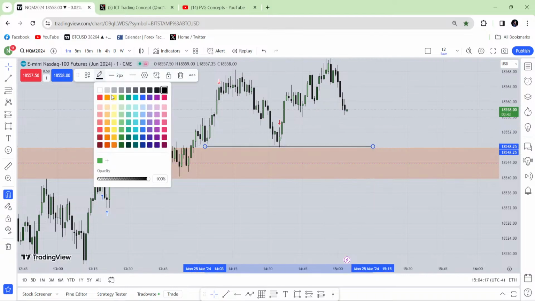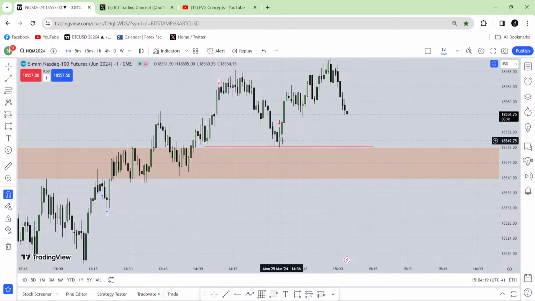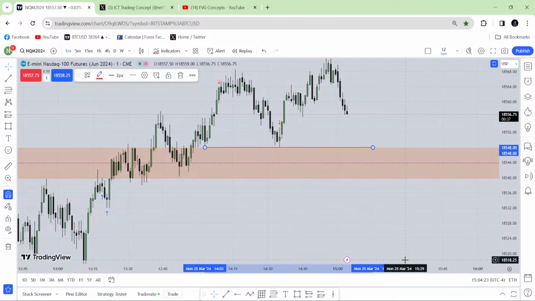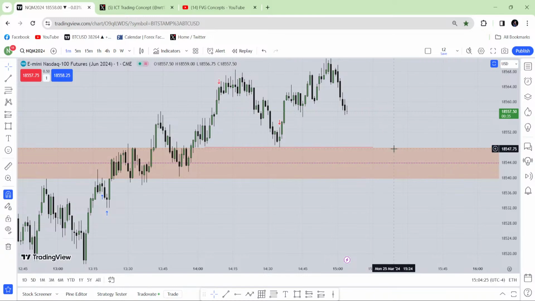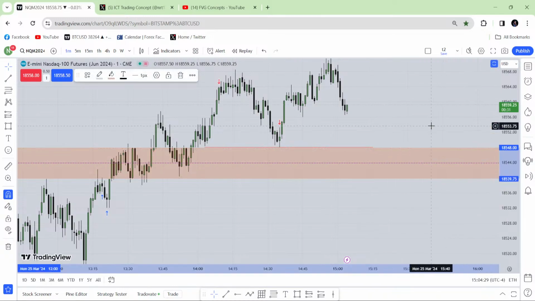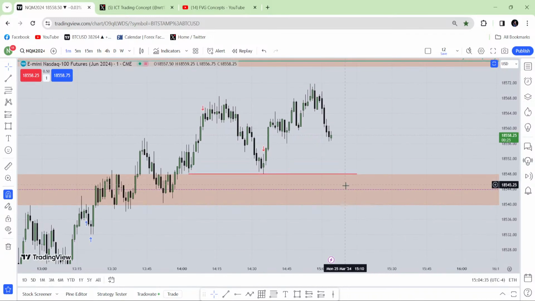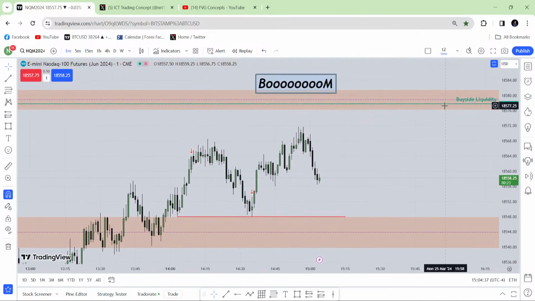Now my target is this sell side liquidity. Let's see if it can take that shallow run. That means the obvious liquidity. Okay, so I'm going to put it below. The market should go and take that low. It has to reach here. Then it should frame another trade toward that buy side liquidity.